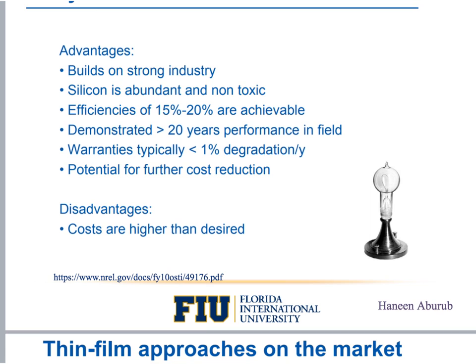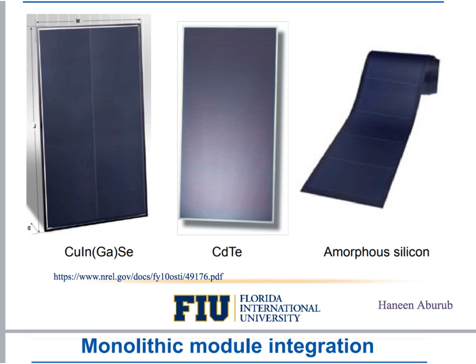The efficiencies of this type of solar PV range between 15% and 20%, and this technology has demonstrated more than 20 years of performance in the field, with a warranty of less than 1% degradation rate per year, and there is potential for further cost reduction. What is the disadvantage? The main disadvantage is that the costs of this technology are higher than desired. Now the second PV technology is the thin film,